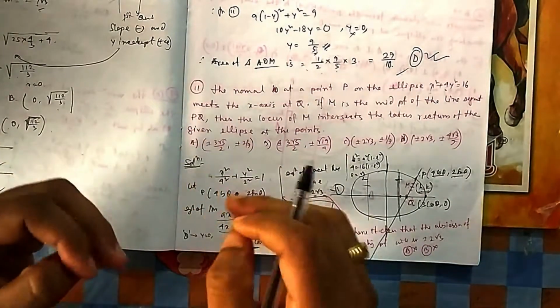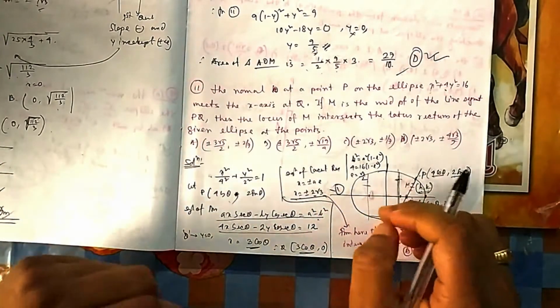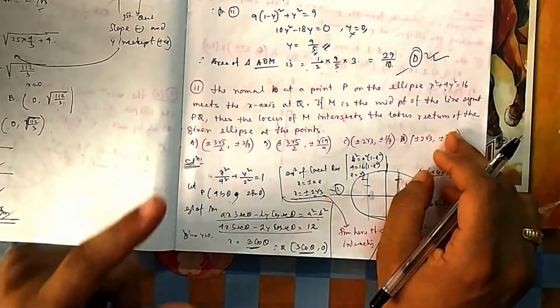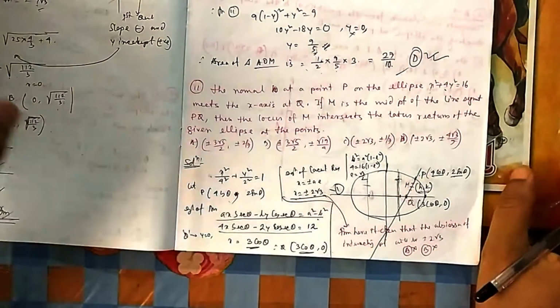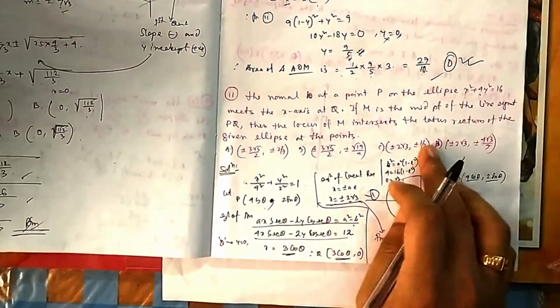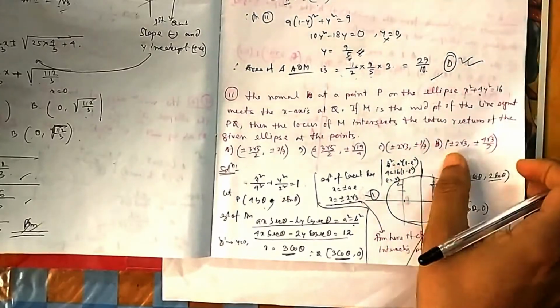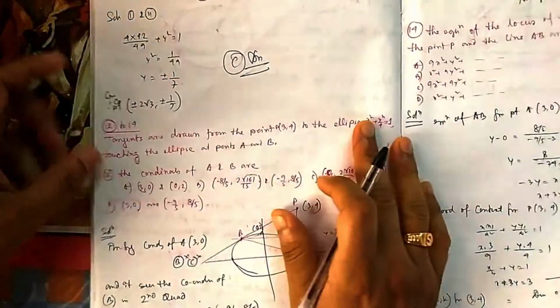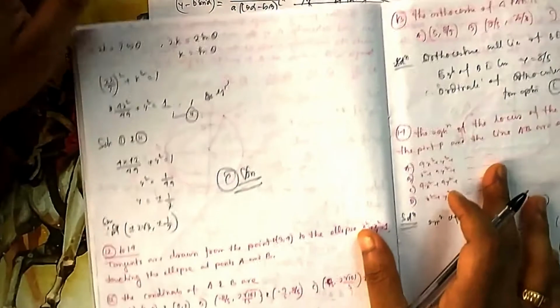In some questions, if you find only one option satisfying the condition, then that will be the answer if it is a single correct answer type. All others you eliminate, then that one will be the answer. But here you are left with two options, C and D. There may be two correct, there may be single correct.